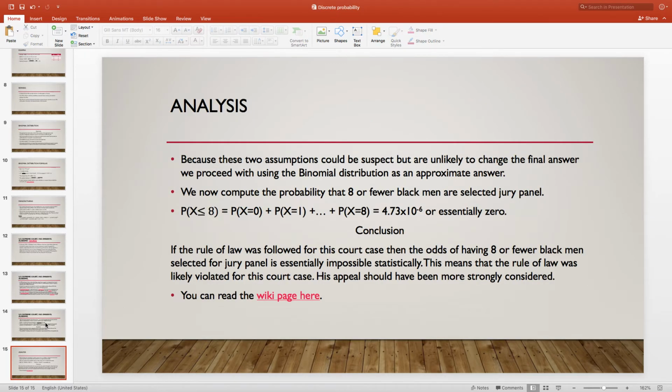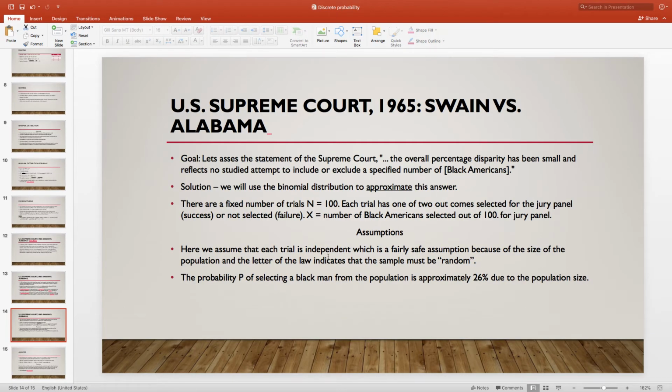And so let's analyze this. We're going to use the binomial distribution to approximate this answer. And I want to emphasize this is an approximate answer. So here,